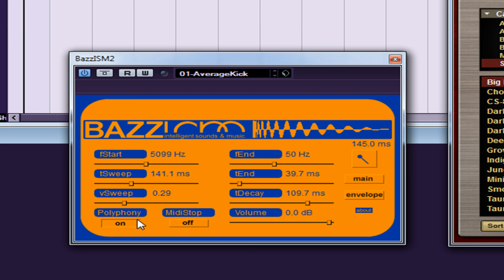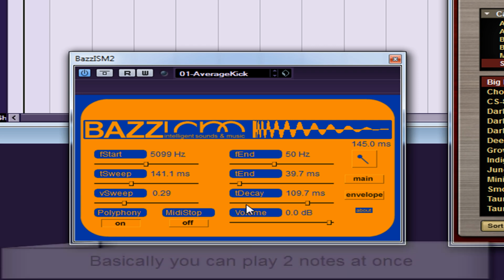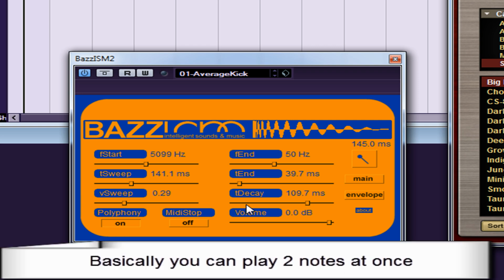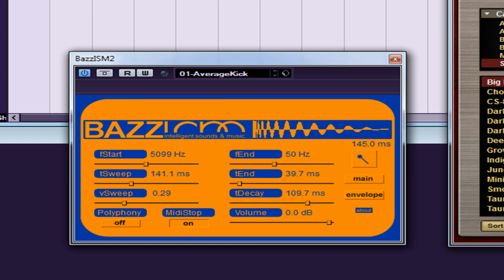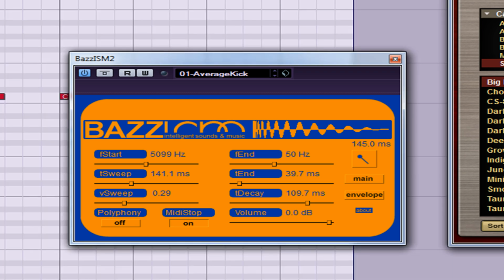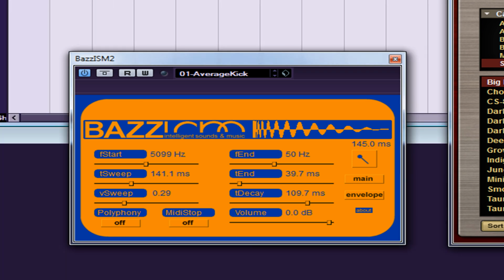And then you've got things like polyphony, MIDI stop, and of course the volume. The volume, I always leave at 0 dB. Polyphony just allows the kick to run into the next kick. So if you've got two kicks that are overlapping, they will both play to the end of the sample. MIDI stop, the kicks will be stopped by the MIDI off, so the kick will stop wherever the MIDI off message is. So far we've got